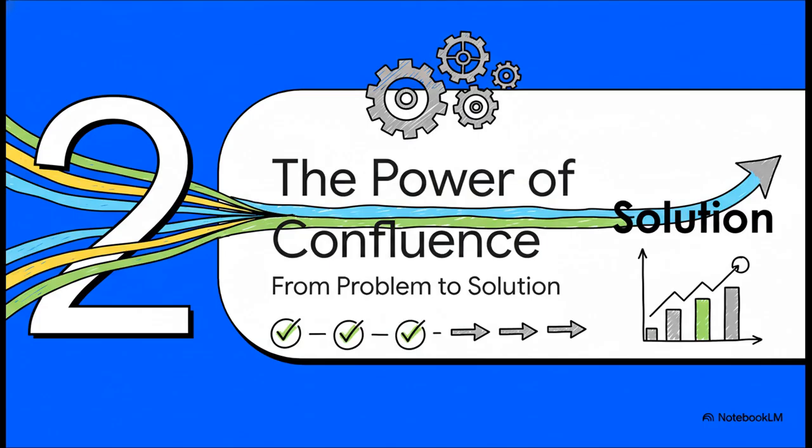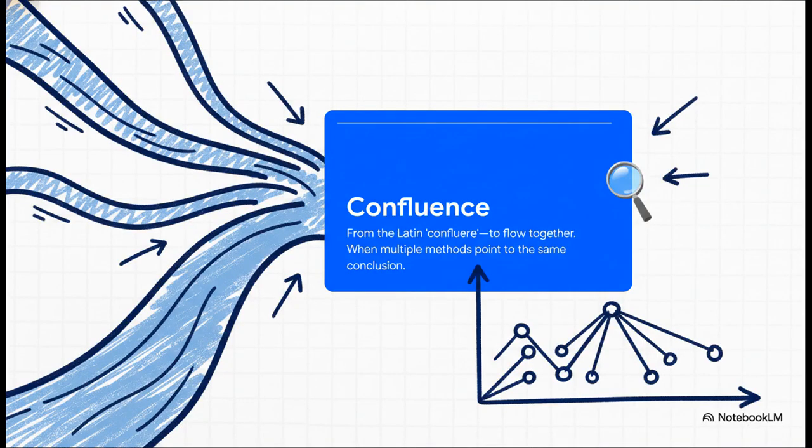So, how do we escape this chaos? What's the antidote? Well, this is where we pivot from the problem straight to the solution. And that solution is all about the power of confluence. The word itself, confluence, is pretty cool. It comes from the Latin word confluere, which literally means to flow together. Think about it like a river. A single tiny stream might be pretty weak, right? But when a bunch of different streams, tributaries, all flow together, they create a seriously powerful force. Trading is the exact same idea. Signals gain so much more reliability when different indicators all start pointing in the same direction.